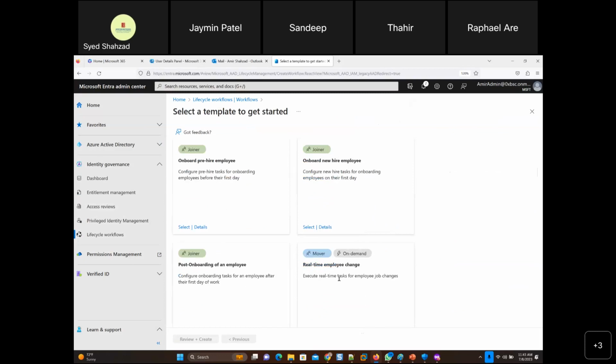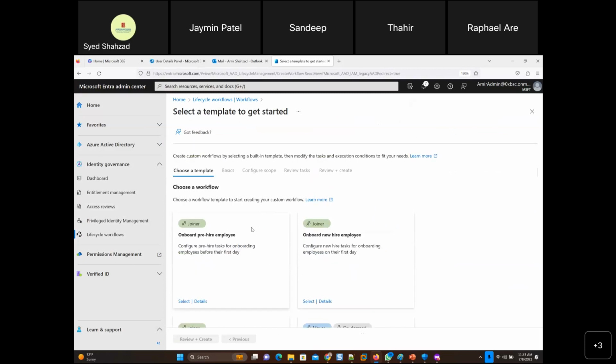What kind of tasks can you do there? Real-time employee change, execute real-time tasks for employee changes. If an employee was being replaced, then what kind of tasks are there? So this is very, very interesting. Whenever it comes to automation, it's very, very good, right?